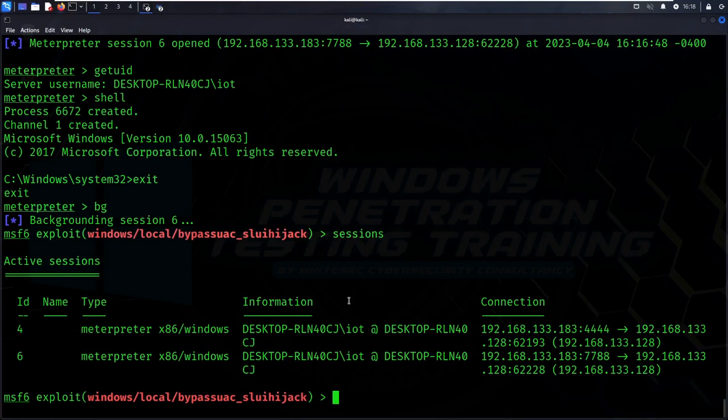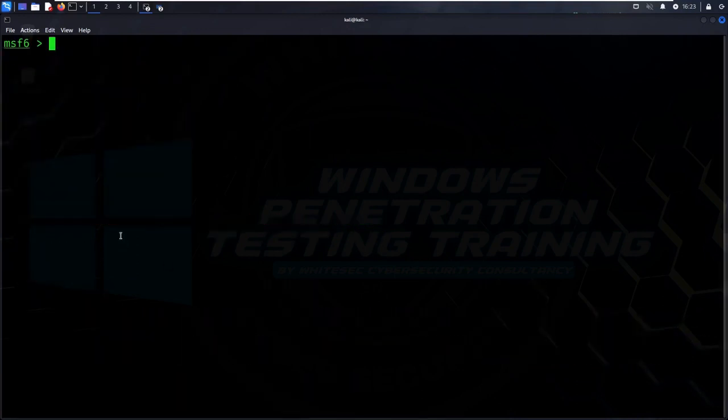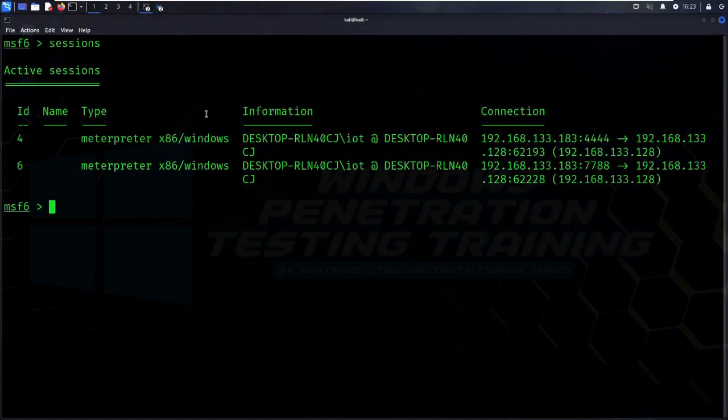Now let's do one thing. Let's perform the persistence as well. Just type clear, then search. First of all, let me see whether the sessions are closed or not. Okay, I have the sessions here. Now just type search